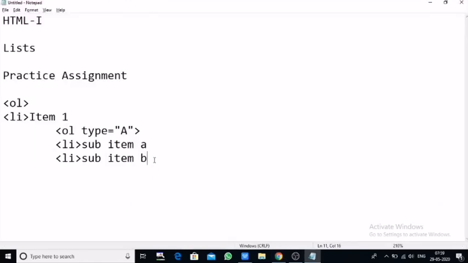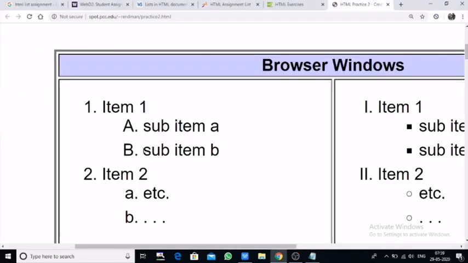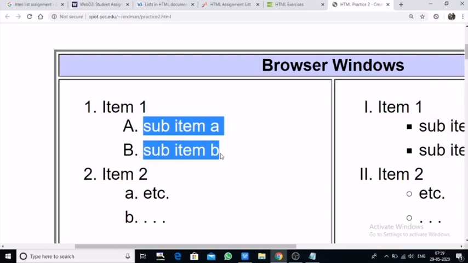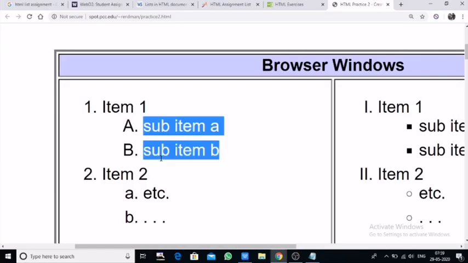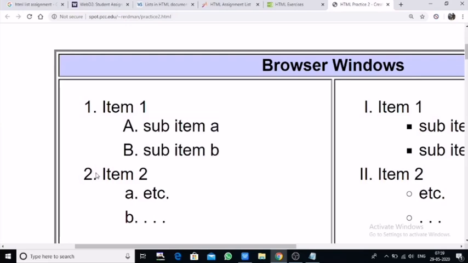So now it is compulsory to end this second ordered list, which is nested inside this one. So close this OL here, because there is no continuation of capital A, B. So close that.